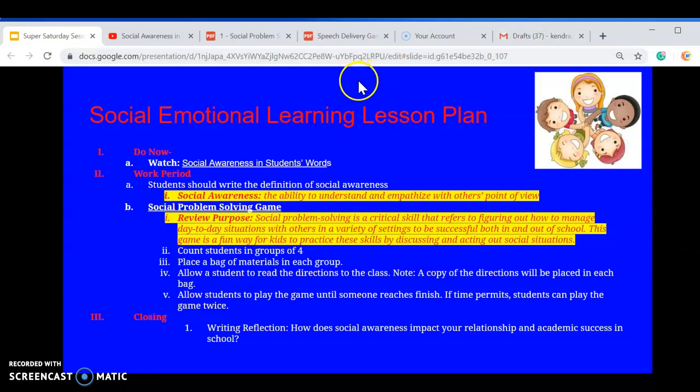Dialogue. And in the work period, students should write the definition of social awareness, which is the ability to understand and empathize with others' point of view. I think this is an important competency to understand and be able to implement effectively for a child at this age and stage of development, which is middle school age, because this is where we see a lot of the issues that we face at Breakthrough at times, or even at school,